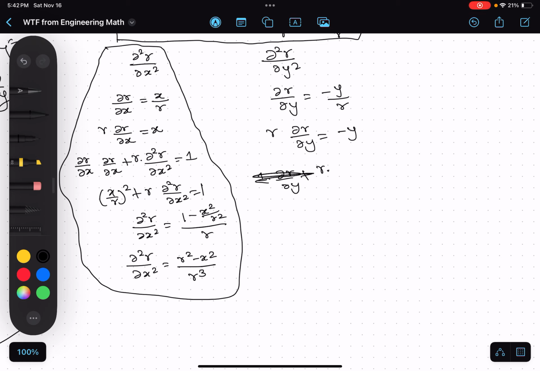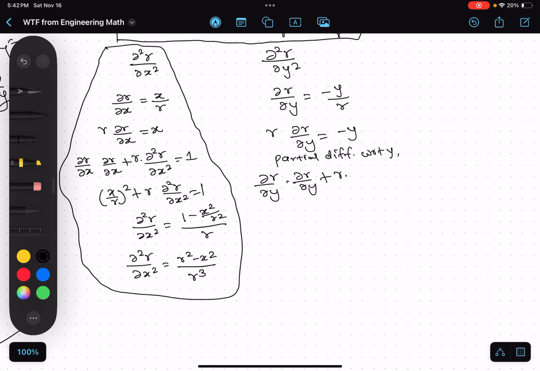Now if I differentiate, this is just 1 times partial r by partial y plus r times, oh wow, sorry. This will not be 1, because if I differentiate r with respect to x, how can it be 1? This will just be the partial of x with respect to y. I'll just write it there. So partial diff with respect to y, this will be partial r by partial y plus